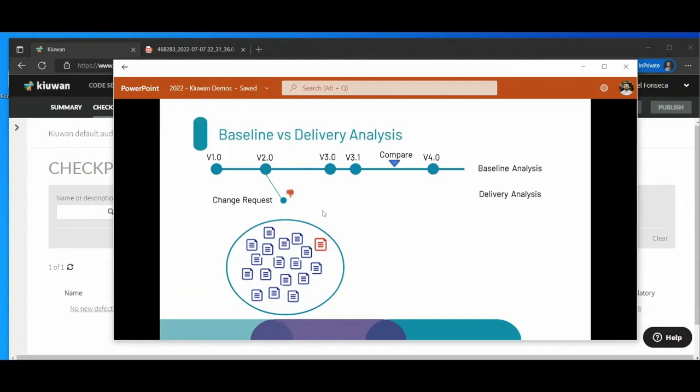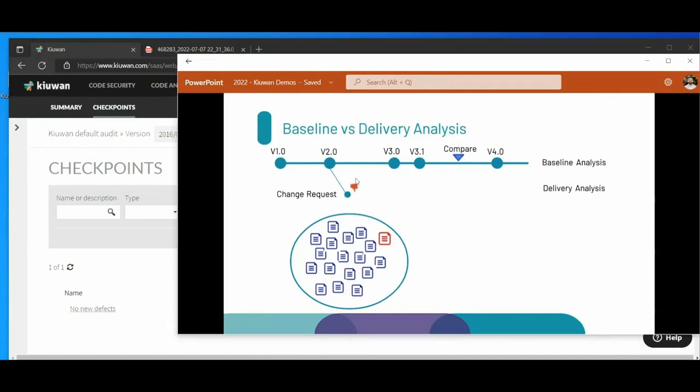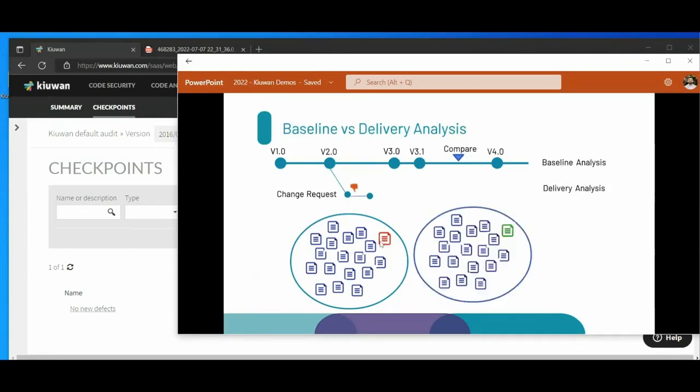Because there is something new here and the audit was set up to not allow new defects, Kiuwan will give a red thumbs down and will tell the developer, I'm sorry, but you need to break the build and go and check back this particular file because you introduced something new there, something that wasn't there before. So I'm sorry, but you should not promote this to the baseline. The developer will work again. Kiuwan will say exactly the file in which something was new. The developer will fix the problem, will run a new delivery analysis,